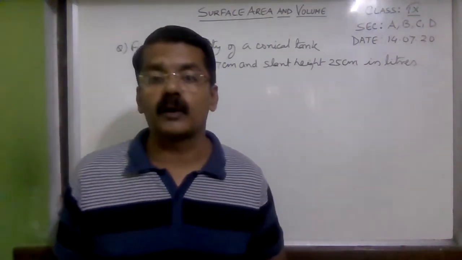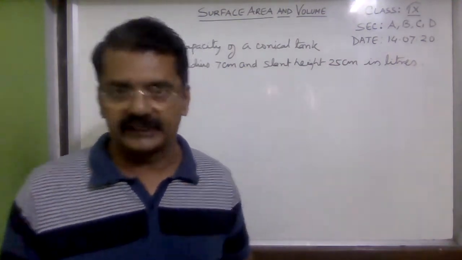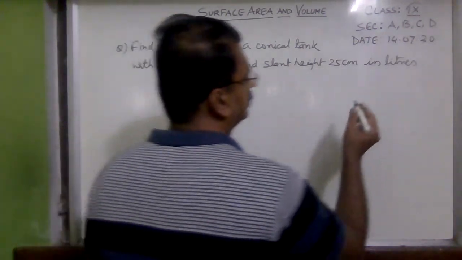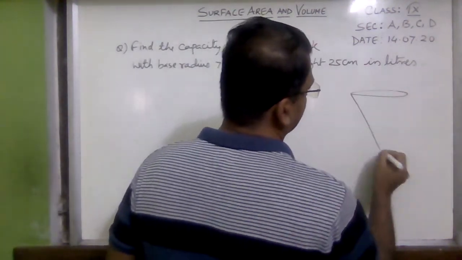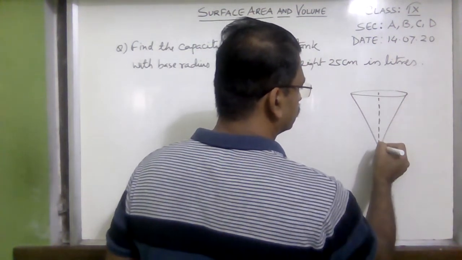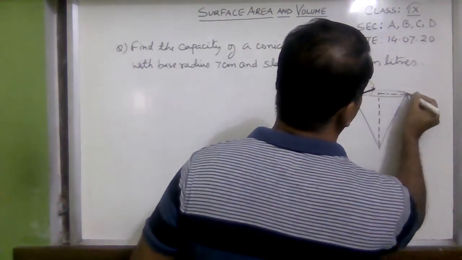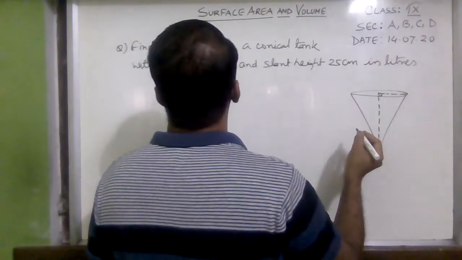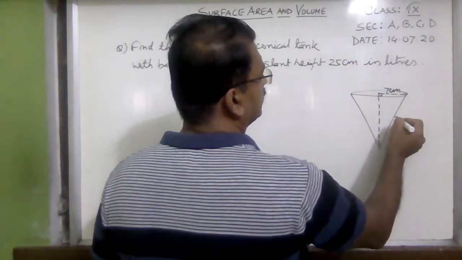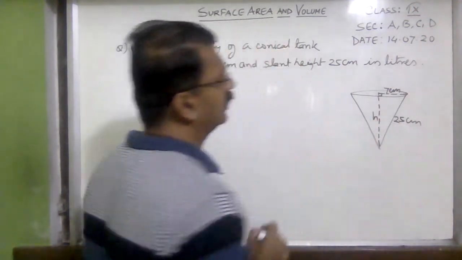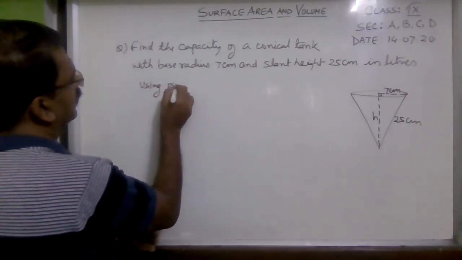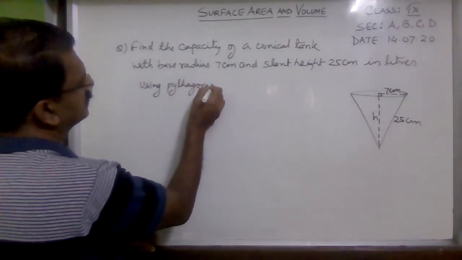But for volume, you know the formula is 1 upon 3 pi r square h. That means we need h. So first of all, we'll find out the height. So for that, this is the tank, conical tank. The radius of the base is given 7 centimeter and the slant height is given 25 centimeter, and now we want the height. So for that, using Pythagoras theorem,